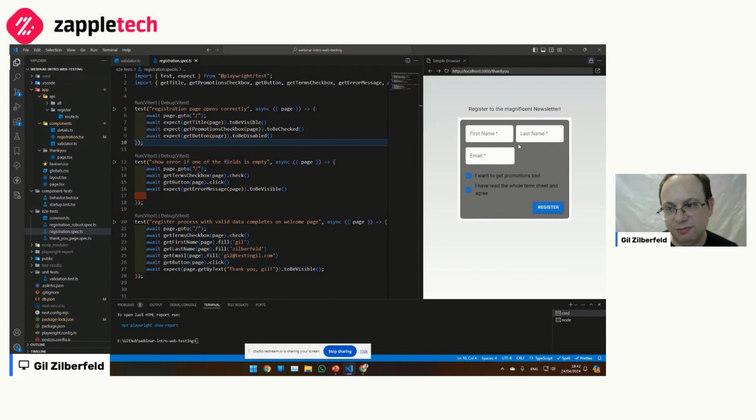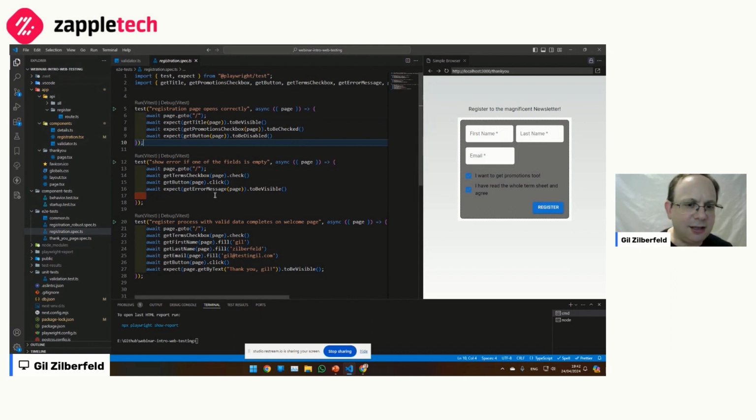And in terms of this content, I want to make sure that it loads up with the promotions, and I can't really register without it. That's like a subset of the things that I tested at the component level, and some of them were not at the component level. I want to make sure that it actually works.